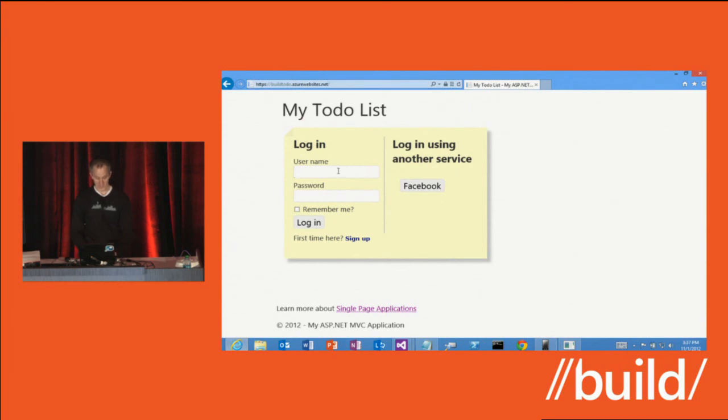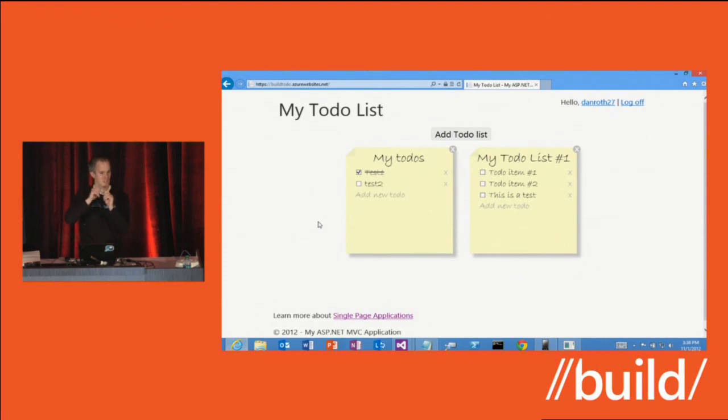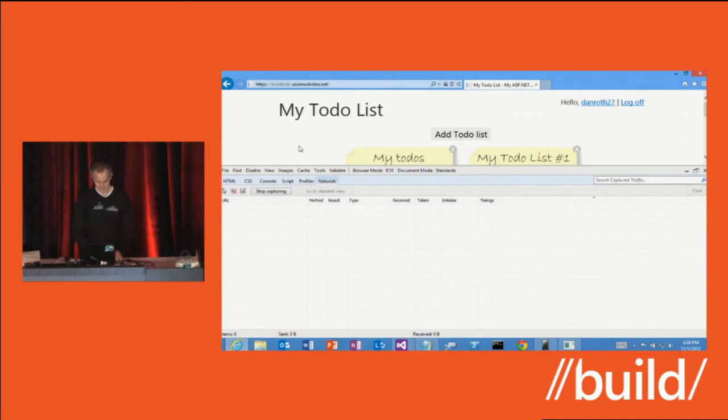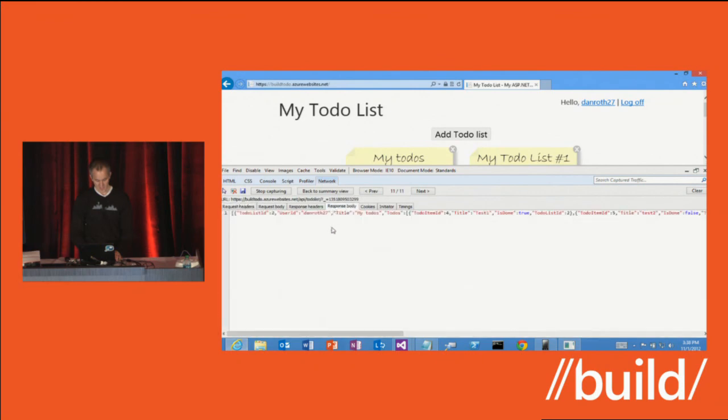This is what it looks like, and it says I can log in. And so here it is. You saw that there's a little delay actually, because it's not sending the data down initially with that HTML view. It was actually pulling it down over jQuery. You want to see it again? Let's do enable capturing, Control F5. Yeah, so you see down here, this is API/to-do list. And there, if I look at the response, that's the JSON that actually came back from the web API.